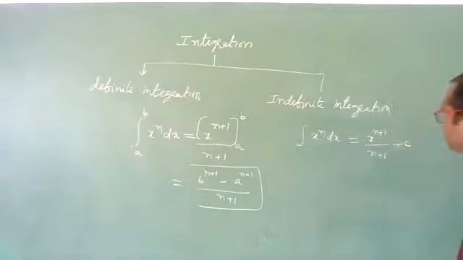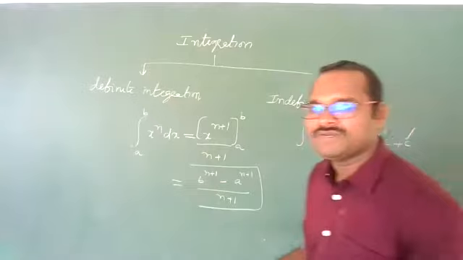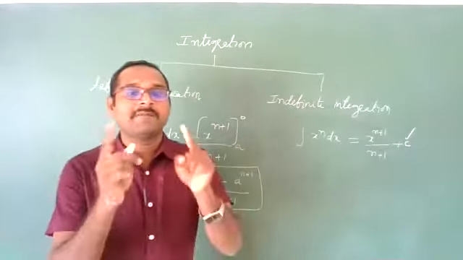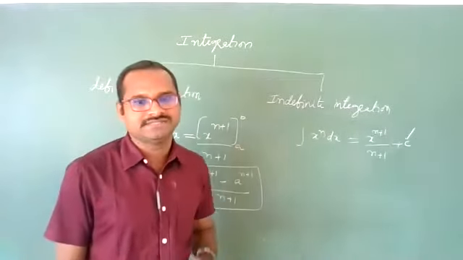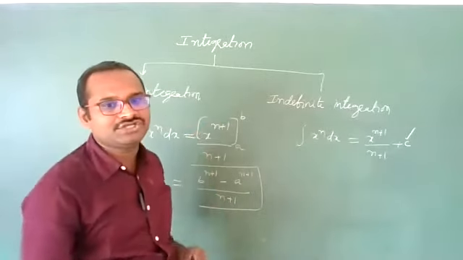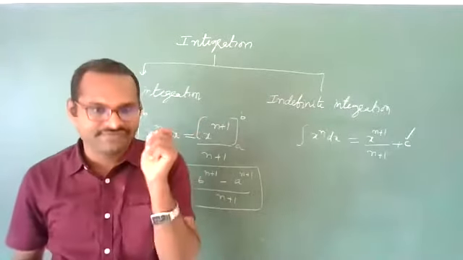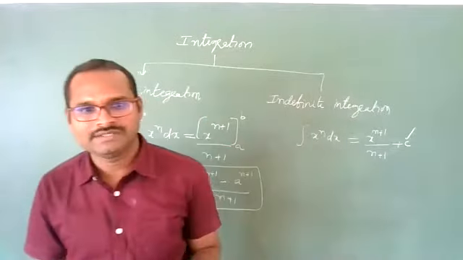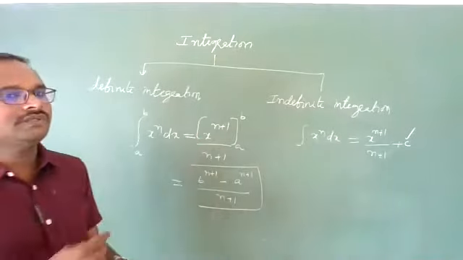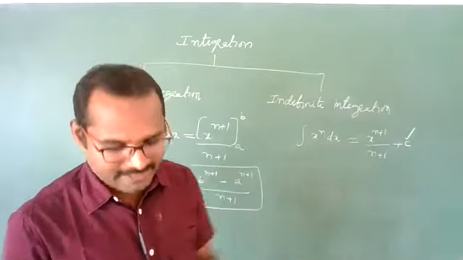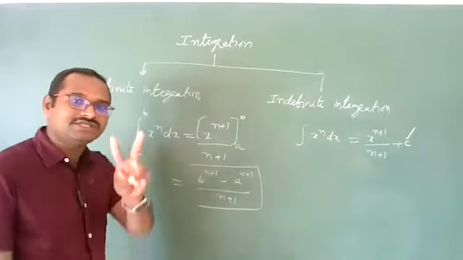So how do we get this c value? C is a constant, but how much is it? You can get the c value by applying the initial conditions. Before integrating, what is the condition of that function? If you apply that condition to the function, you will get the c value. This is how to find the c value. When we solve problems, I will explain it one more time. Clear, students?